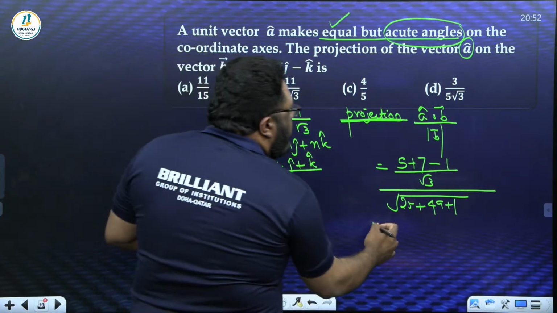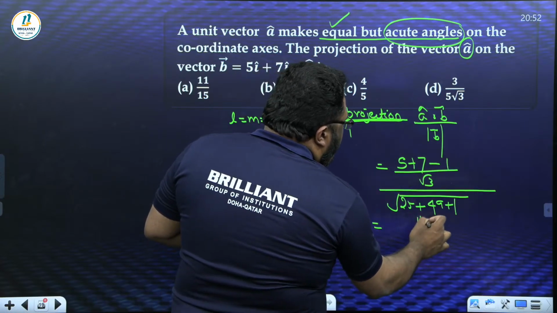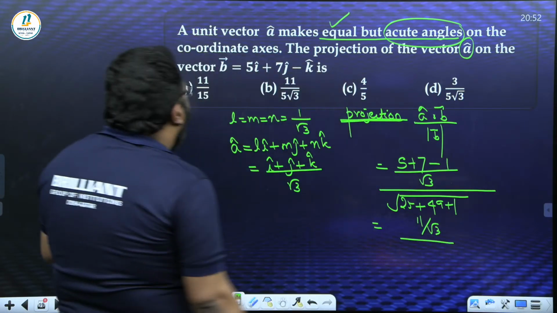So 5 plus 7 is 12, minus 1, 11 by root 3, whole divided by